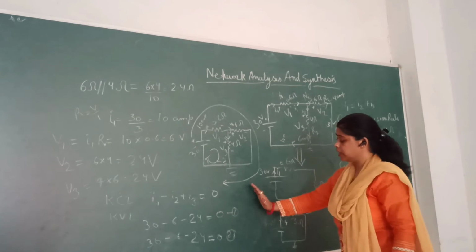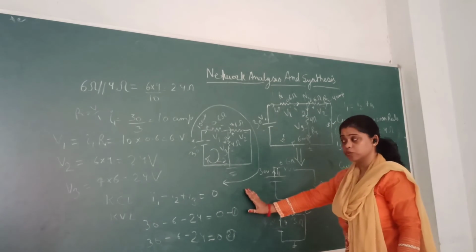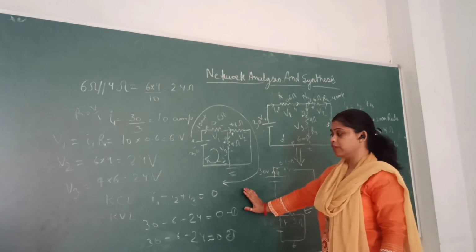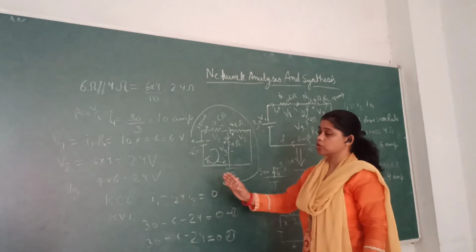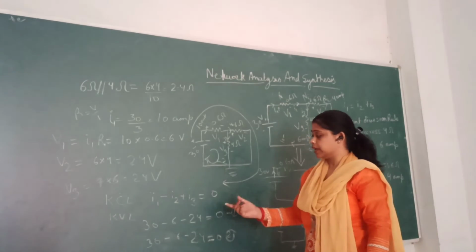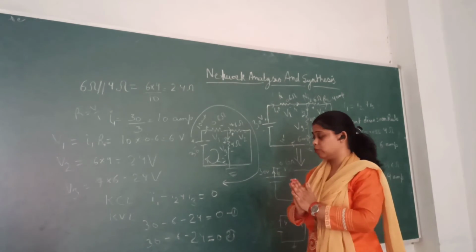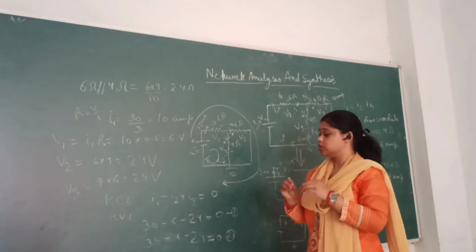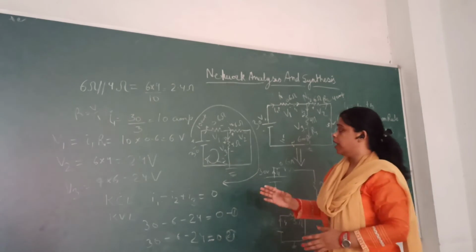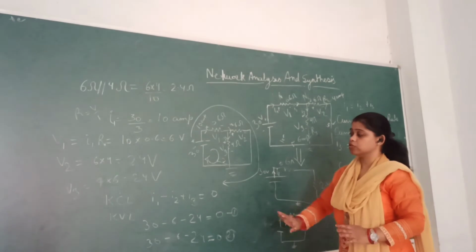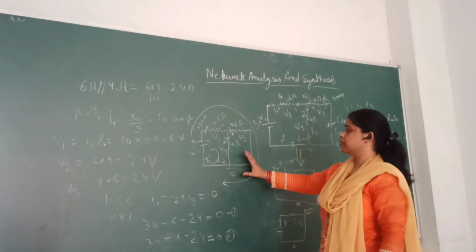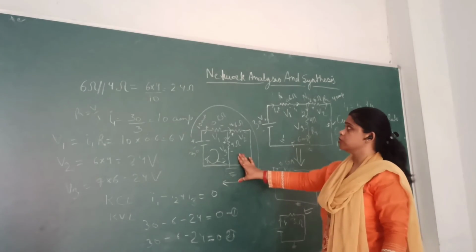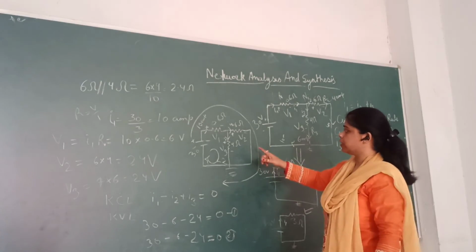So in KVL and KCL we have to understand two things. KCL says that the incoming current is equal to the outgoing current, and KVL says that the sum of all the voltages in a loop is equal to 0. If these two conditions are not satisfied, then there will be no flow of current and the circuit will not conduct any current. So in this very first lecture